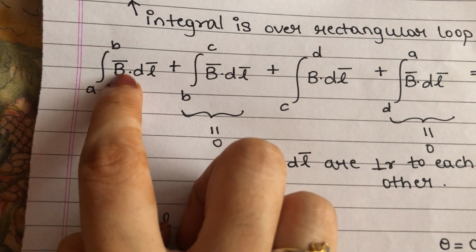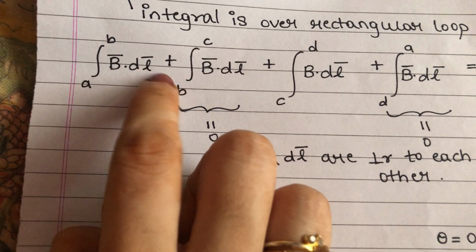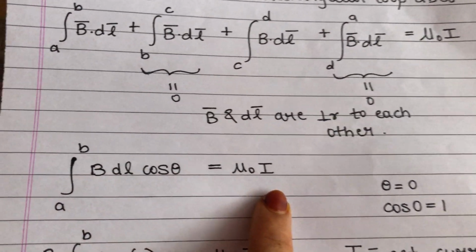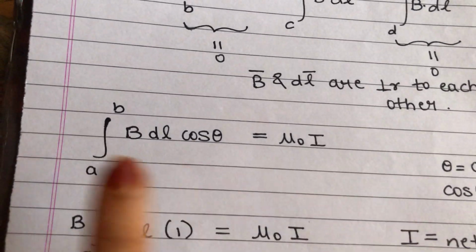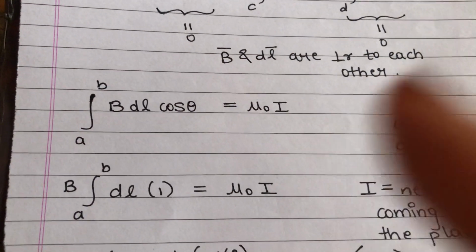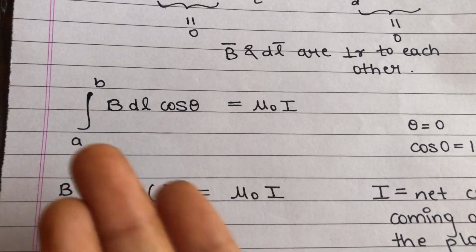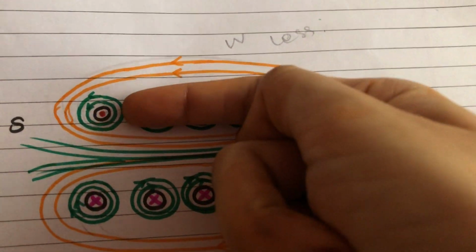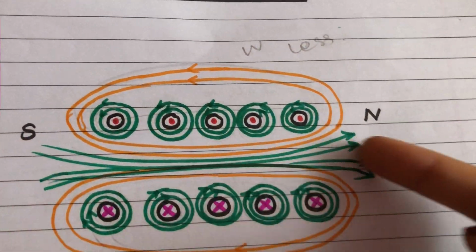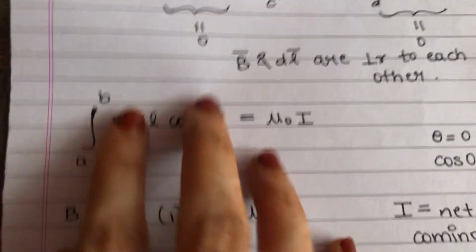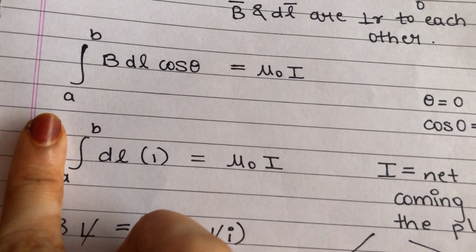Now we have studied that if you remove the dot product, we use cos theta. So here the dot product is removed and we have cos theta, right hand side is as it is. Now B is constant throughout, so B is uniform. I have told you, B is uniform at the upper end, at the lower end and along the axis. So I have taken B outside the integral.